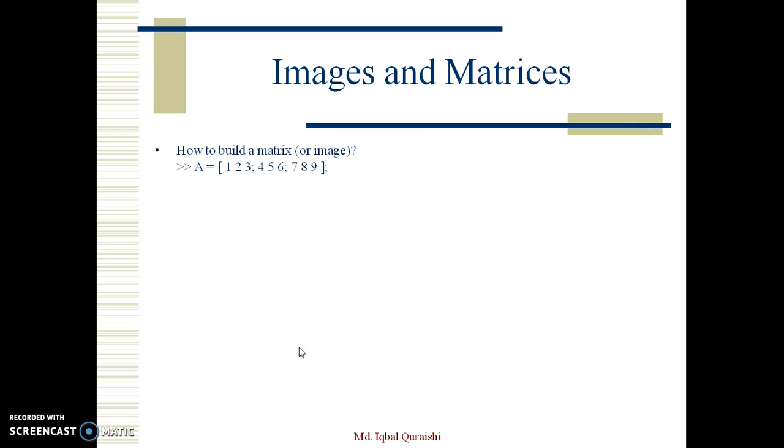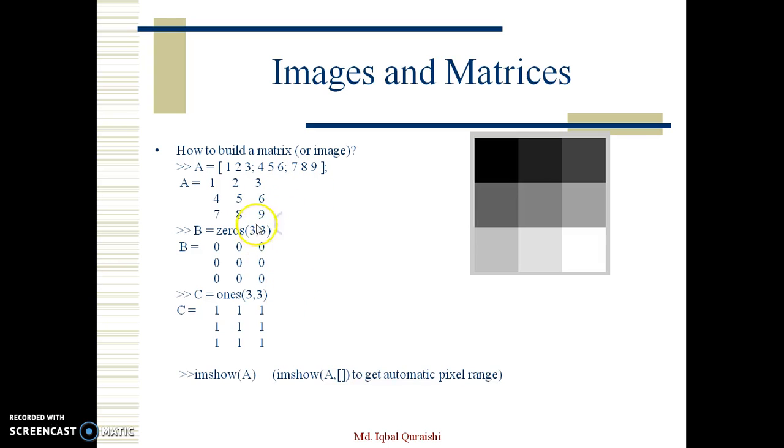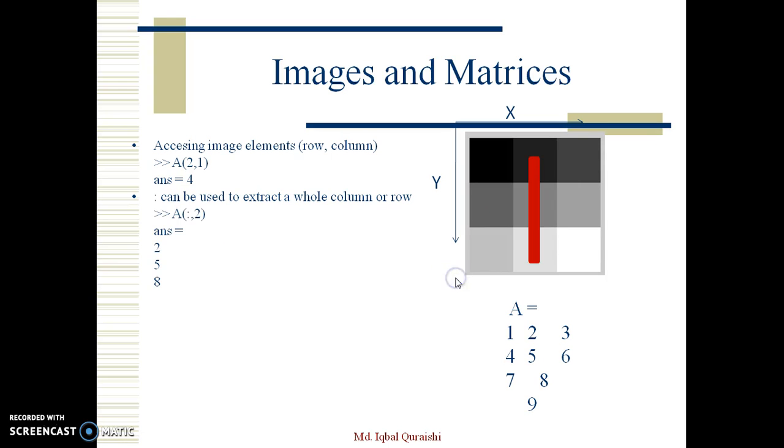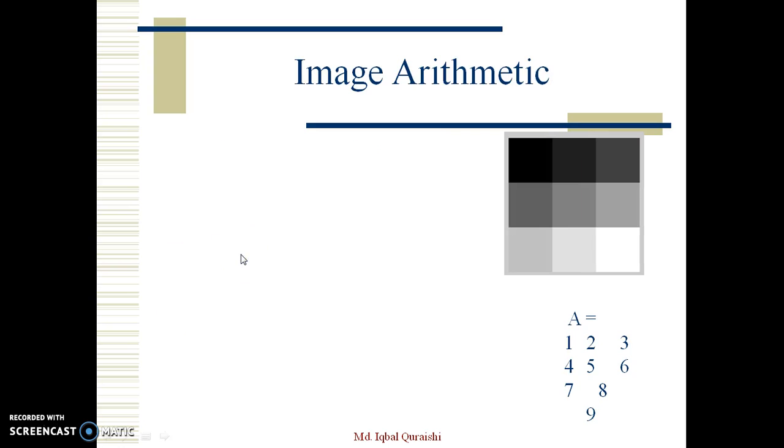Now we can also create images from a matrix. Just like this one, we can create a matrix, and then from that I can create an image as well. We can use zeros, we can use ones, and we can use discrete values as well to create a matrix. These are again the same things you already know. This is the very fundamental concept of MATLAB, so you can create and manipulate different pixel values whenever you need.